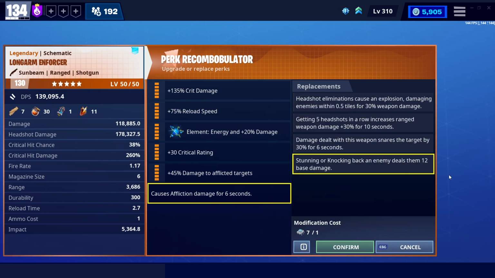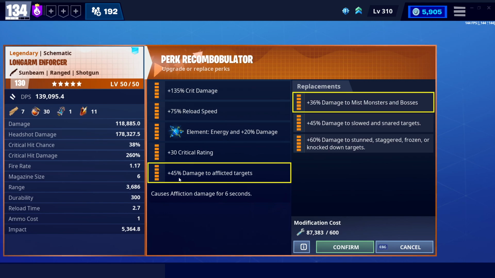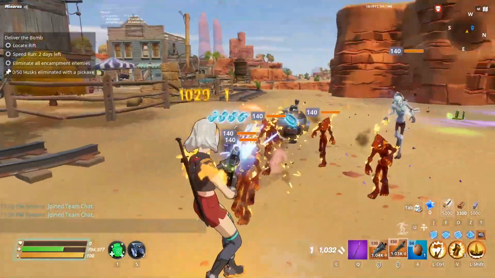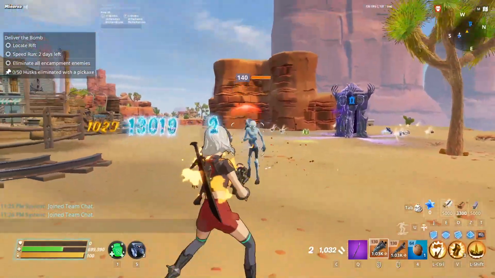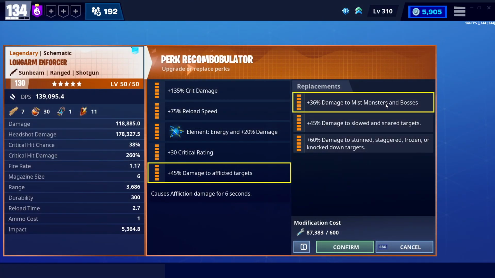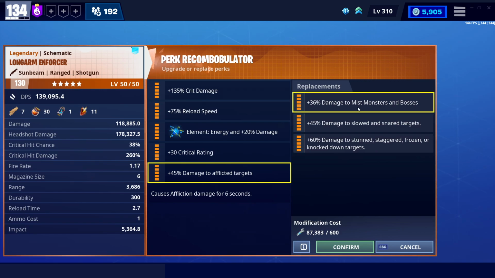So stunning or knocking back an enemy dealing extra damage can be nice, but that is not going to be a significant enough damage to really make up for losing out on that extra 45%. That'll only kick in on higher level targets like Smashers and mini bosses and whatnot, but I think that extra 45% is definitely nice. If you do have a stunning or knocking back and you want to make it work, damage to miss monsters and bosses is highly preferred, or hey, if you're already stunning or knocking them back, then maybe you can go with that bonus as well, although I think the miss monsters and bosses will give you